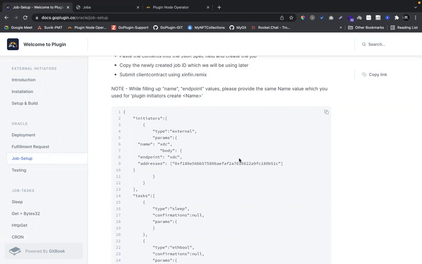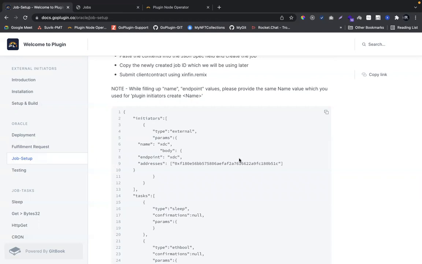But after which you can provide different services such as price conversions, weather data, pulling from the external world and then bringing it back to the plugin network. There are many use cases which you can offer as a node operator, like a data feed provider, so that you can also get PLI revenue out of it. Okay, that's the end goal we are going to achieve.